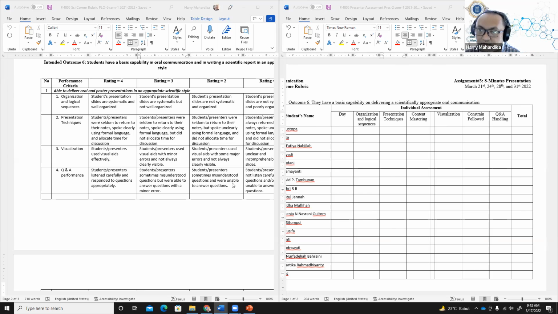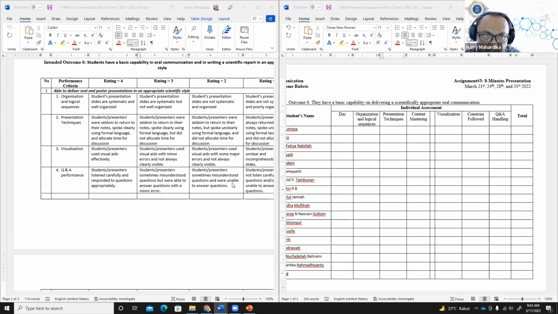So the answer to your question: you could do a subjective evaluation or an objective evaluation. If you are asking about the differentiation, on what presentation technique is, as opposed to content mastery,